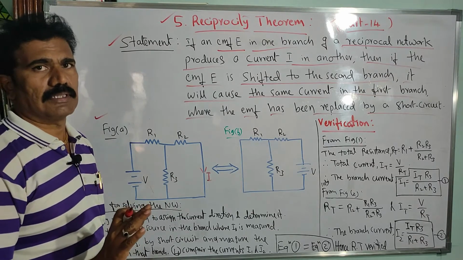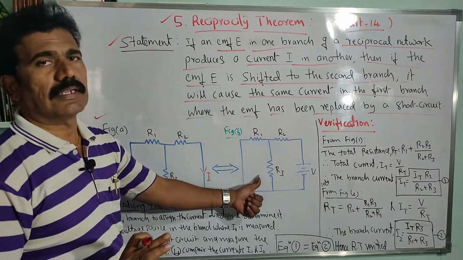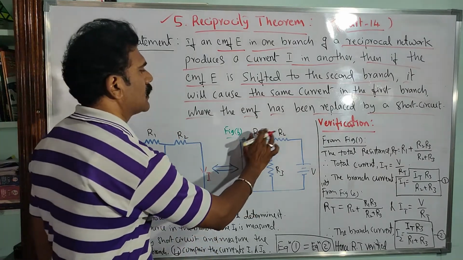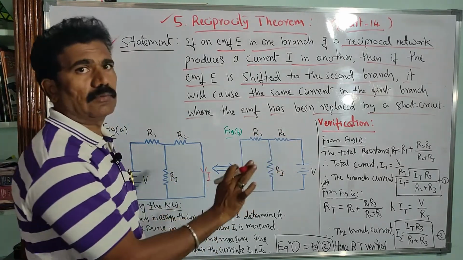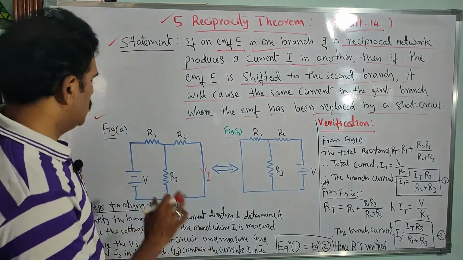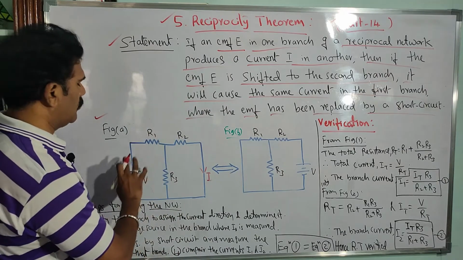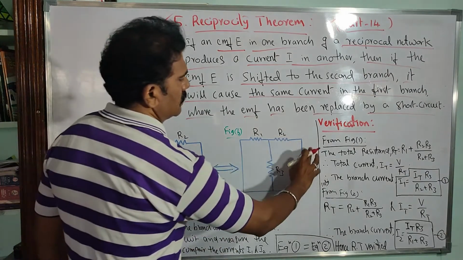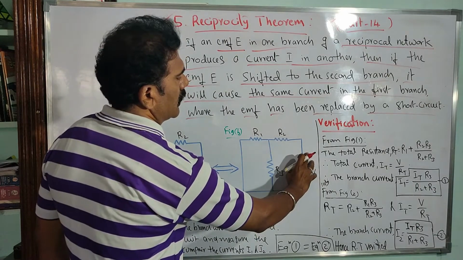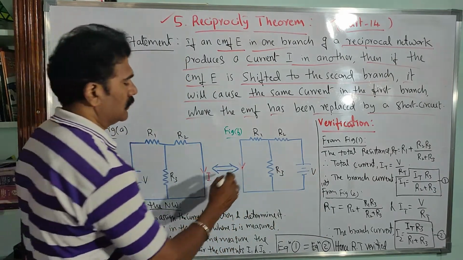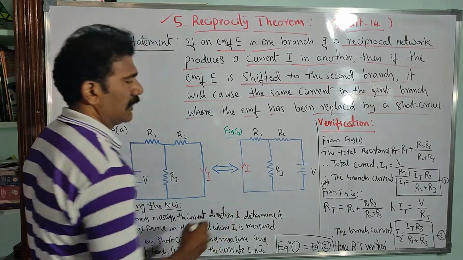I think now it is very clear for you, right? Look at the second diagram. I have done the same thing here. I will not disturb the resistors R1, R2, R3, so a network consisting of any number of resistors will be the same. The only thing is that the voltage source is shifted from one branch to the other. Now where do you have to measure the current? Where the voltage source was present originally. That current I is to be measured here.